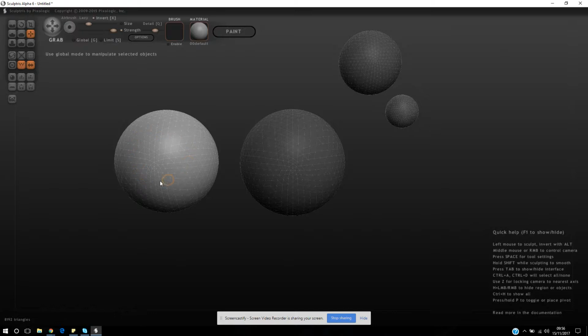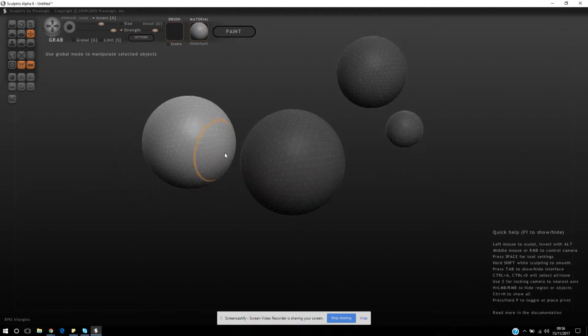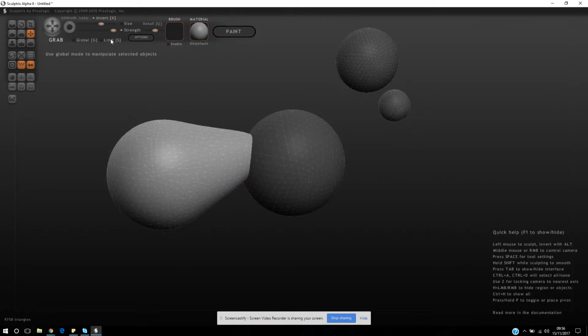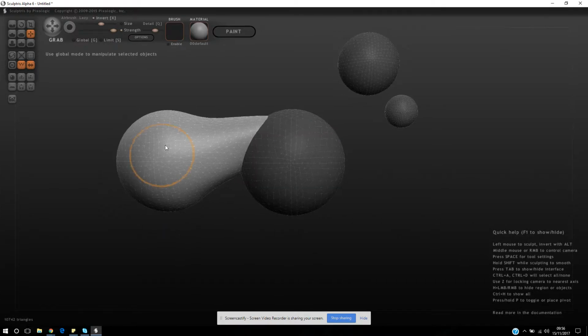First thing I'm going to do is take my grab tool off global. That gives me a circle to work with. And I'm just going to start putting in the body of this horse, so I'm going to start dragging it out. There's a little bit here that says limit, which you'll notice I'm not using. That's because I actually want to drag this so that it blends quite nicely, hopefully, with our front